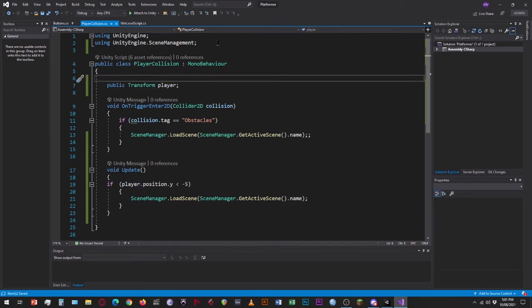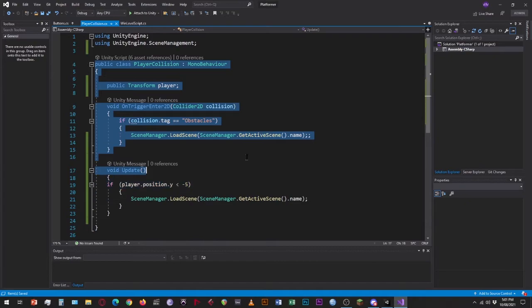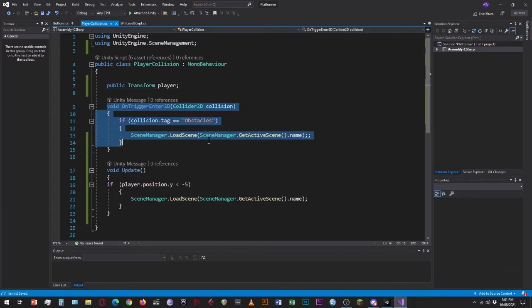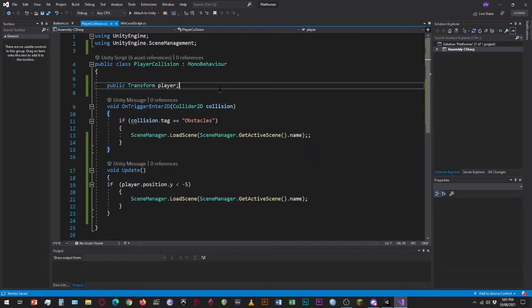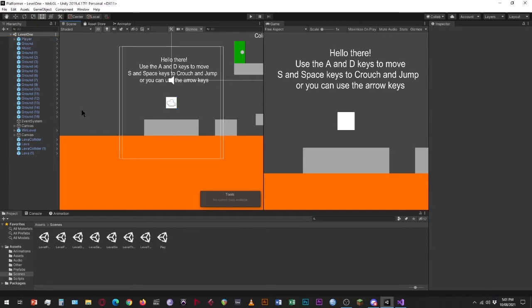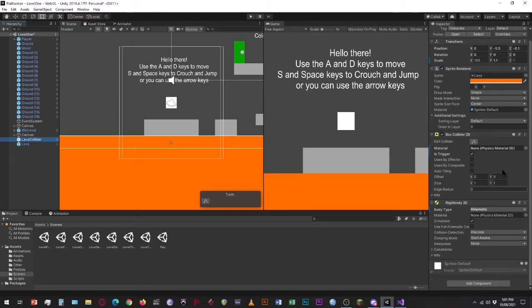So let's go over using UnityEngine, using UnityEngine.SceneManagement. Okay, this right here is just the script. Then there's a variable public Transform player, and that void OnTriggerEnter2D Collider2D collision. So basically, when it collides with something, if it has a box collider 2D and it is set to on trigger and it also has a rigid body 2D,